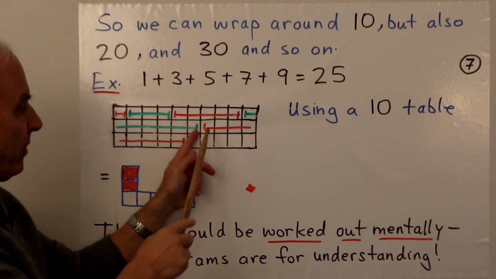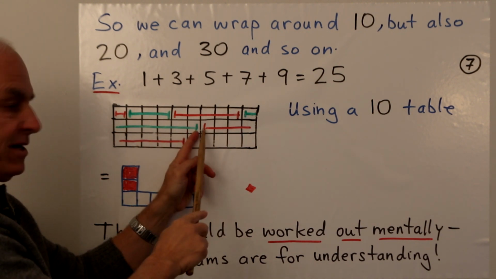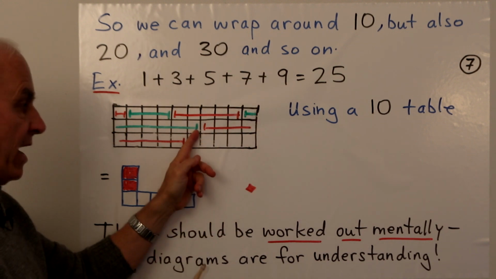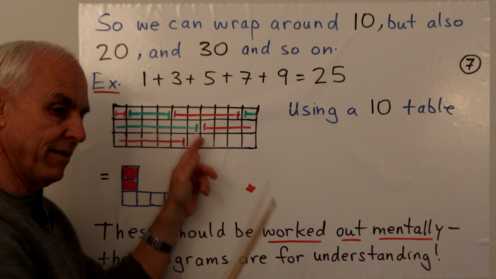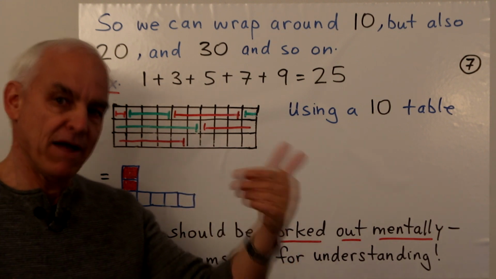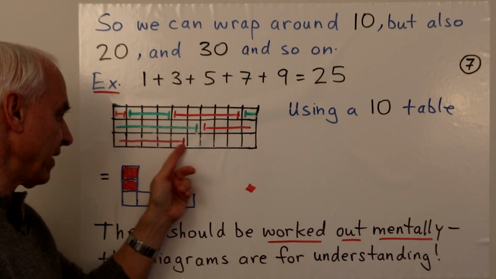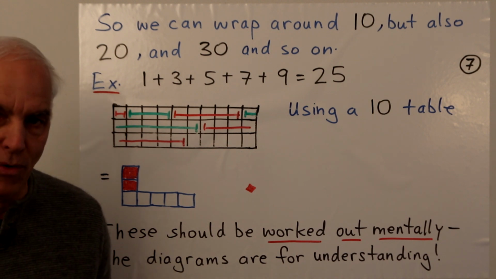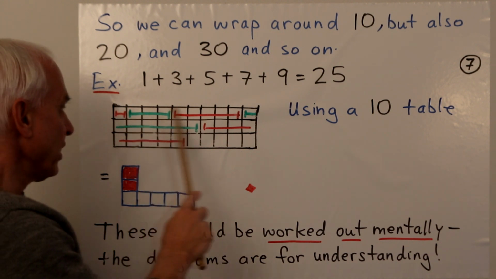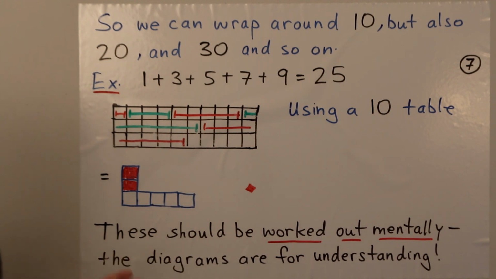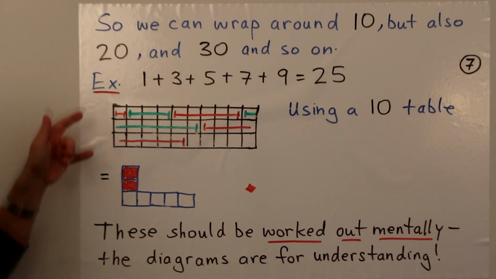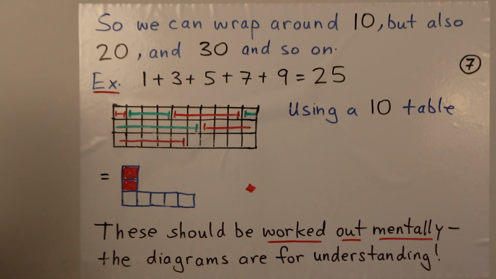So here, up to here, we've got 16. And now we have to add 9. Again, another wrapping. So we have 4 of the 9, and then there'll be 5 left over. The 5 left over go on to a new row, giving us altogether 10, 10, 5. 2, 10, 5, or 25. And more compactly, then we can represent the end result as 10, 10, 5. 2, 10, 5, or 25.